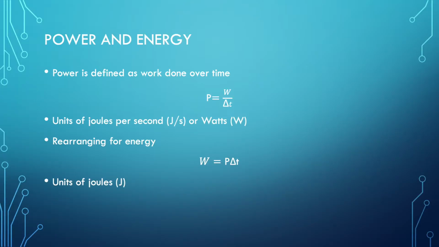Power and energy. Power is defined as work done over an elapsed time, which simply means the amount of energy used or transferred over time, as represented by the formula power equals work over time, where power is measured in units joules per second or watts. This formula can be rearranged to form work or energy equals power multiplied by time, where energy is measured in